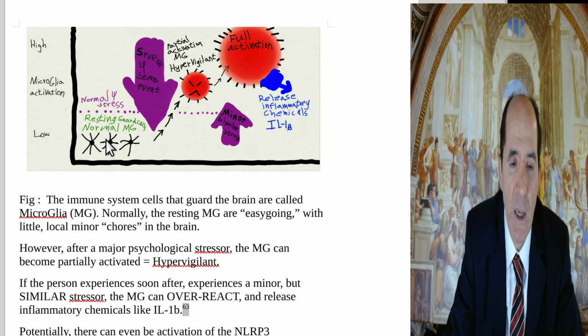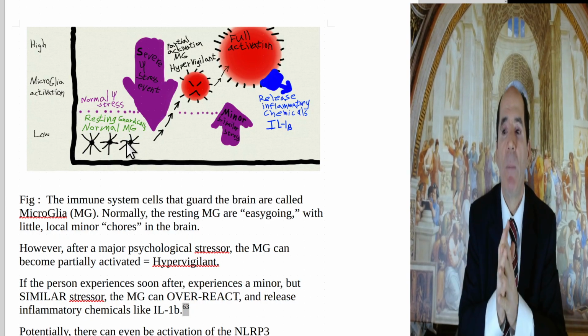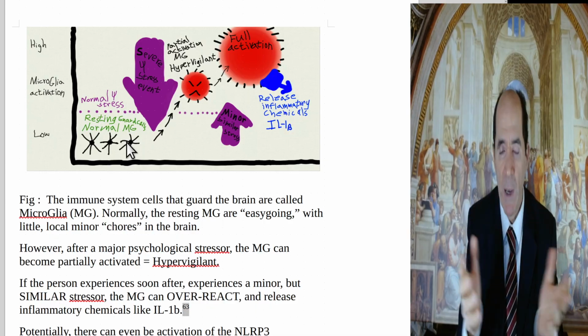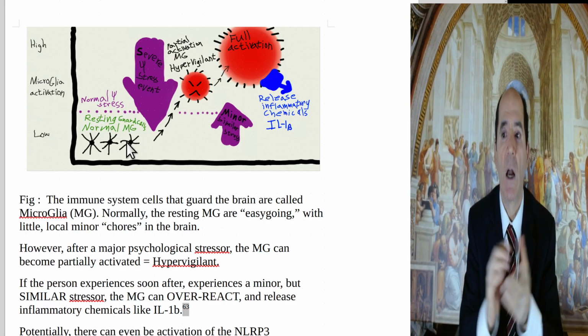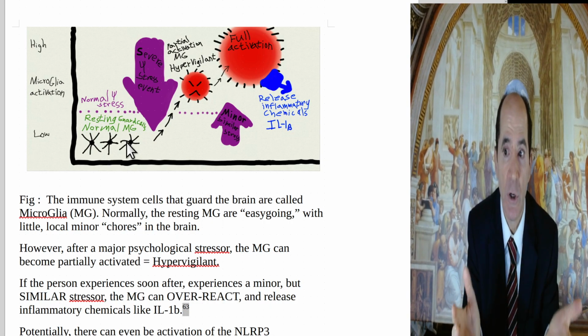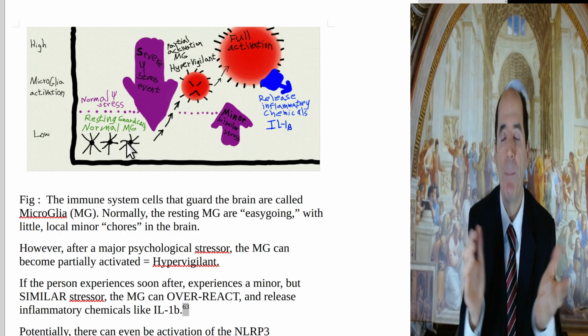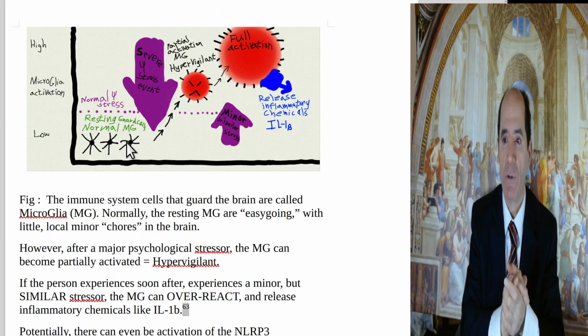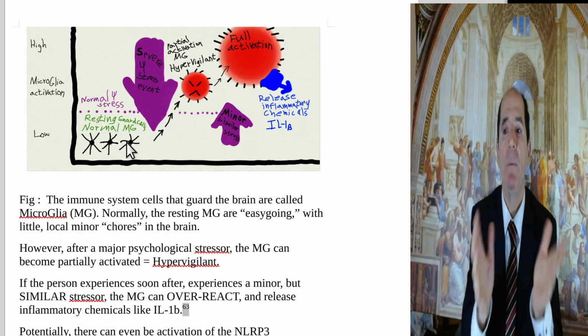All right, so let's say you're going along fine. The microglia are part of the immune system. They're like macrophages in the brain, residential macrophages, sentinel macrophages, guard macrophages, whatever you want to call them. They're like security guards. They sit around waiting for a problem. Okay, so let's say you have some major psychological stress. Your spouse wants to divorce you, your boyfriend, girlfriend dumps you, you get in a car crash, something major happens,